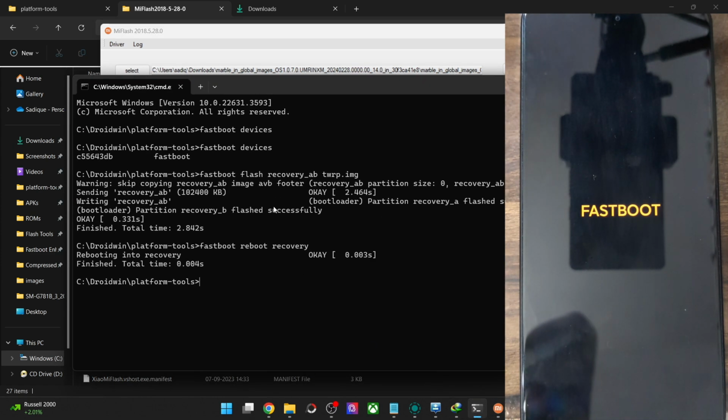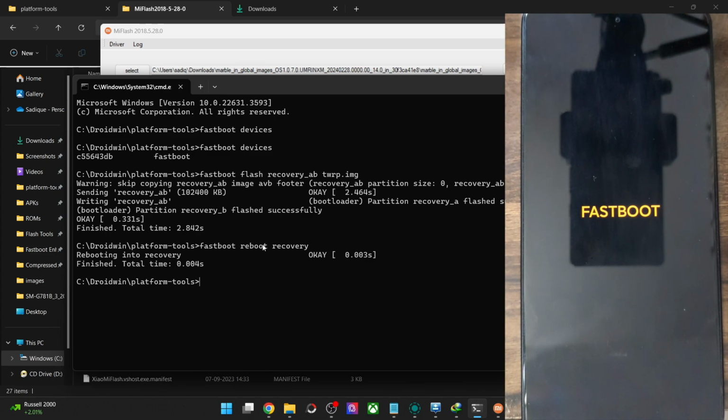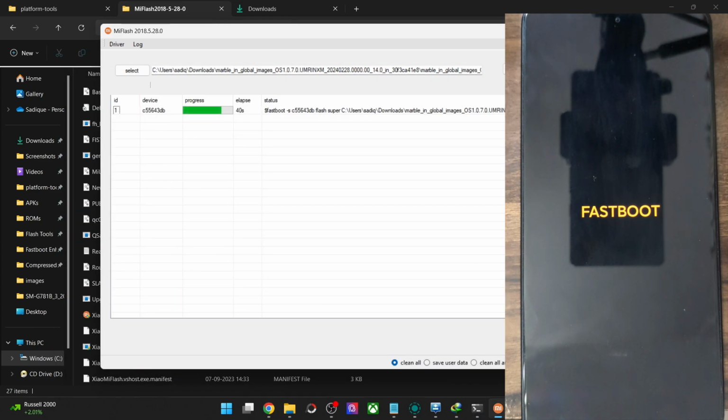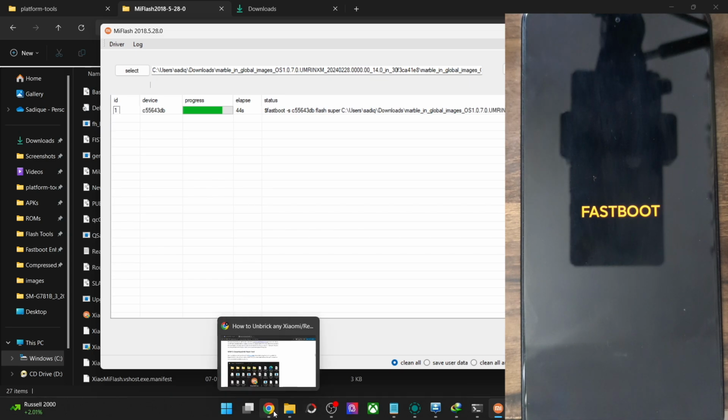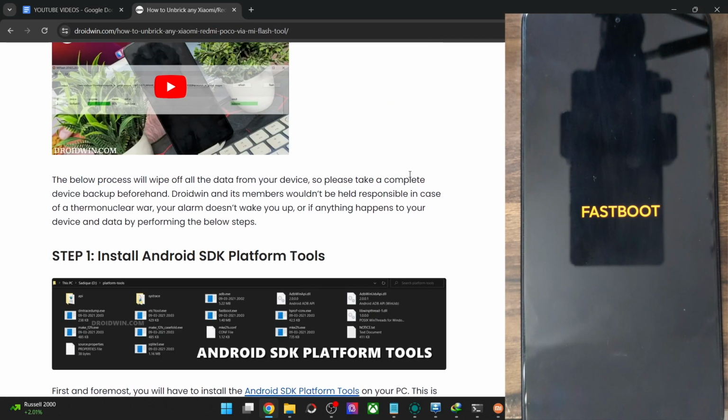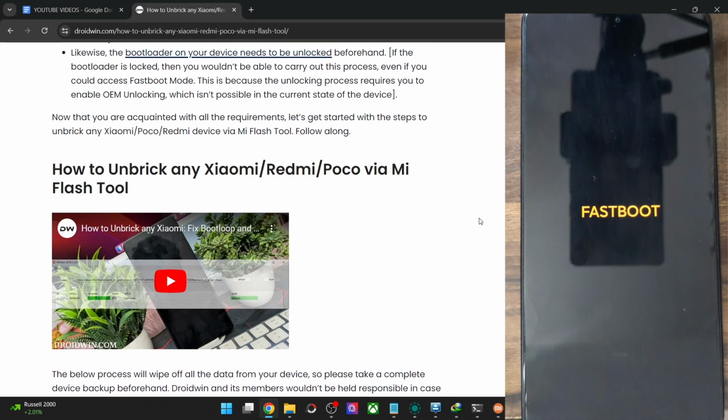then flash the recovery, and then you may flash a custom ROM of your choice and then boot to that custom ROM, or you may simply boot to the fastboot mode and flash the fastboot ROM via the Mi Flash tool. It's the most recommended approach. I made a detailed guide and a video on the same. You could also refer to my video and get this job done.